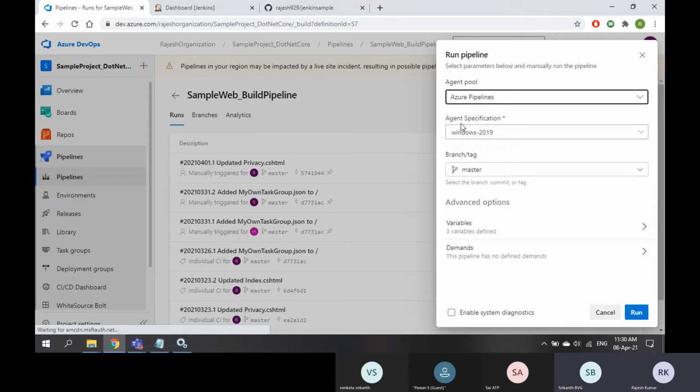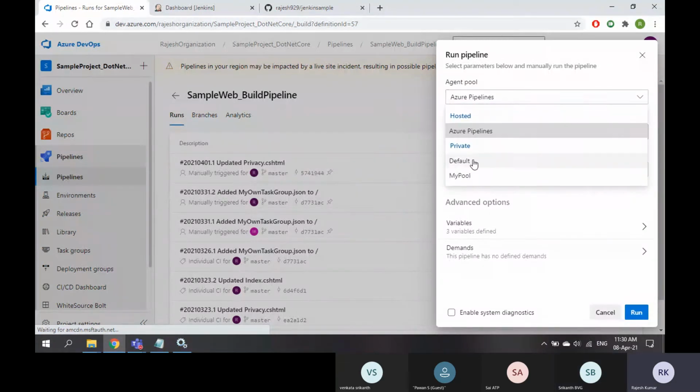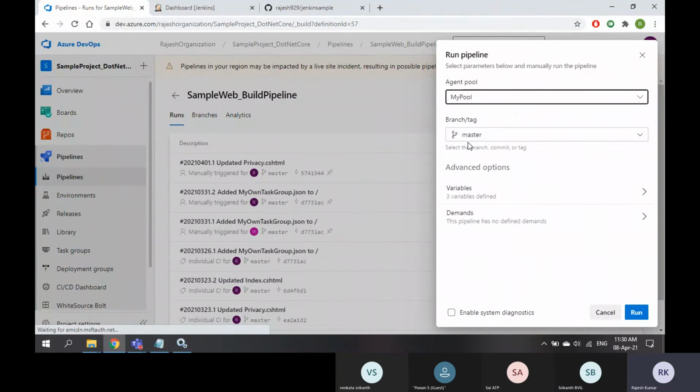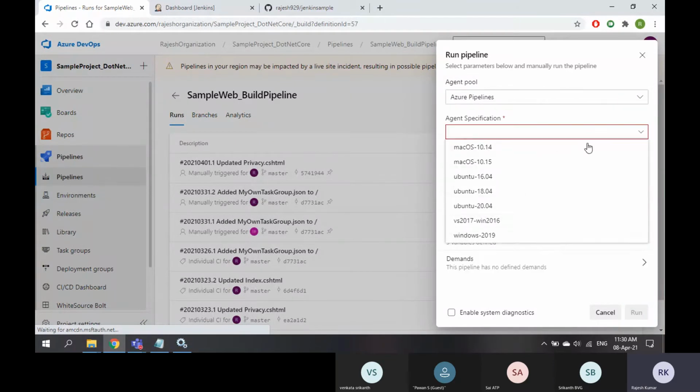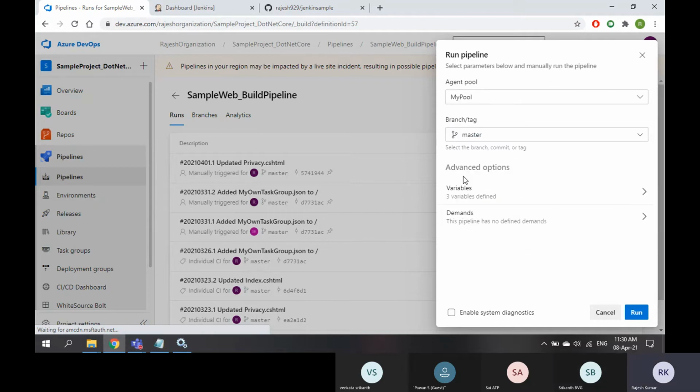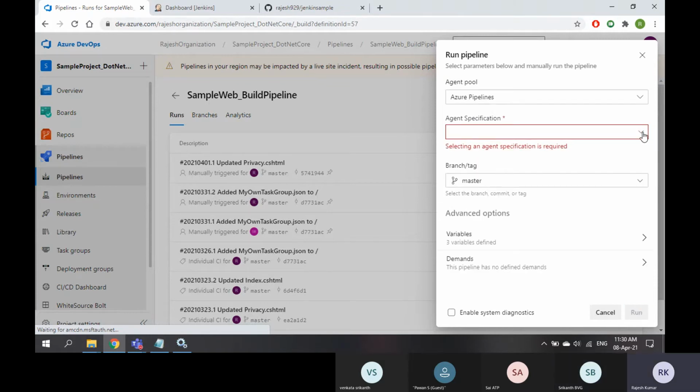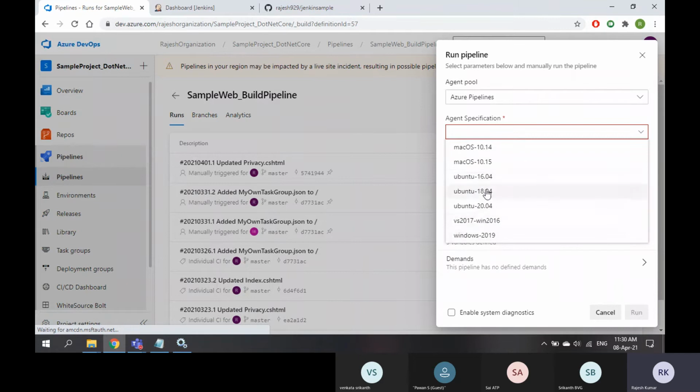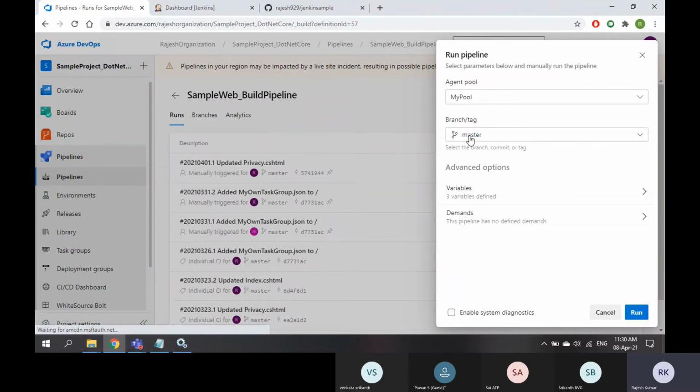Okay. Now I don't want to go with agent pipelines. I want to go with MyPool. In MyPool, I have only one server. That's why there are no options. If I have multiple servers, it will give a drop-down option again. If I go to agent pipelines, it asks me to specify which agent you want to run. In agent pipelines, we have multiple Mac, Ubuntu, Windows, everything. That's why if I select MyPool, only one machine, and this is the branch. If I run,